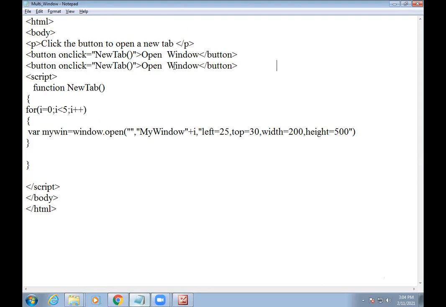So I will mention input type equal to button, onclick, a new function. Sorry, first I have to write a function here. Which function do we use? We use the function close.